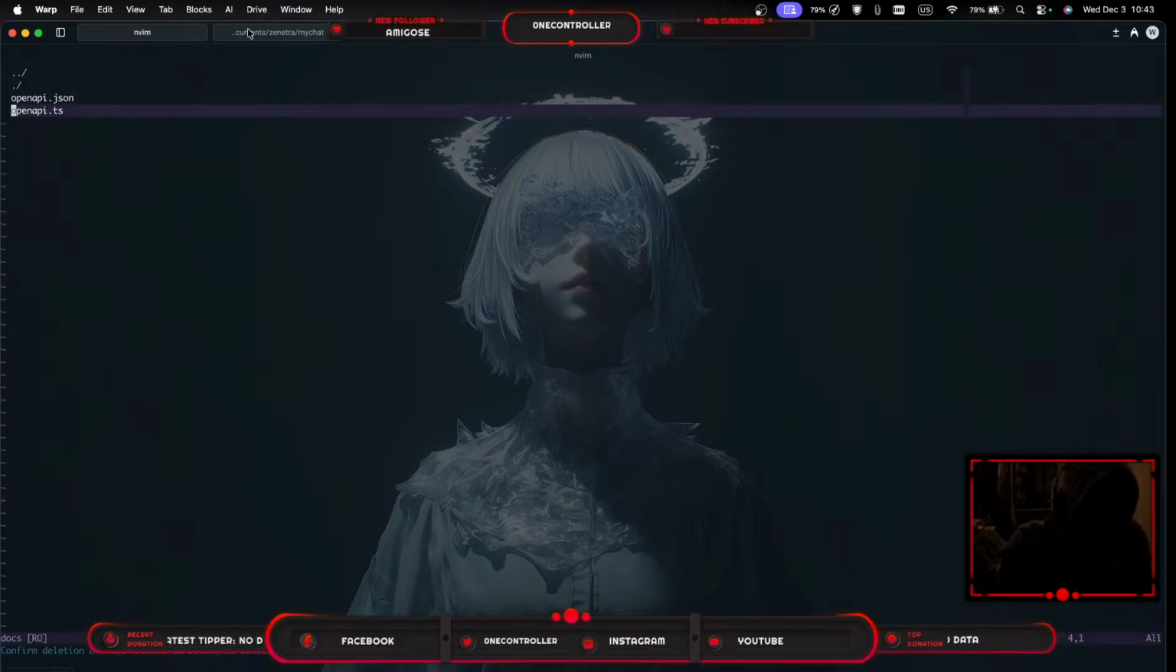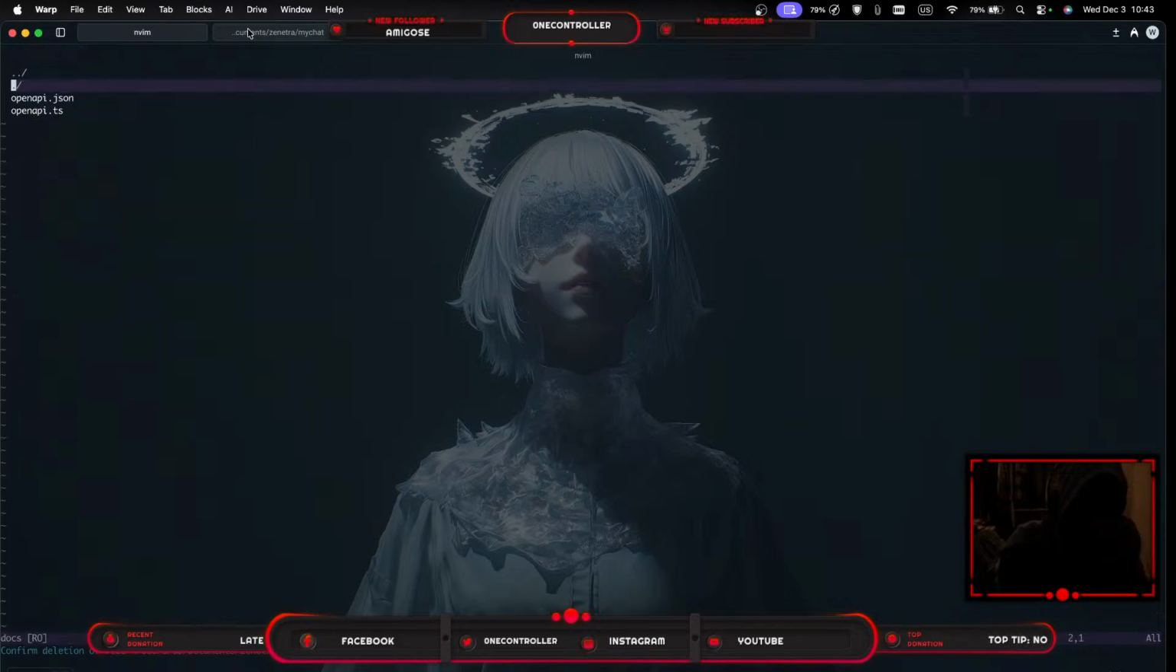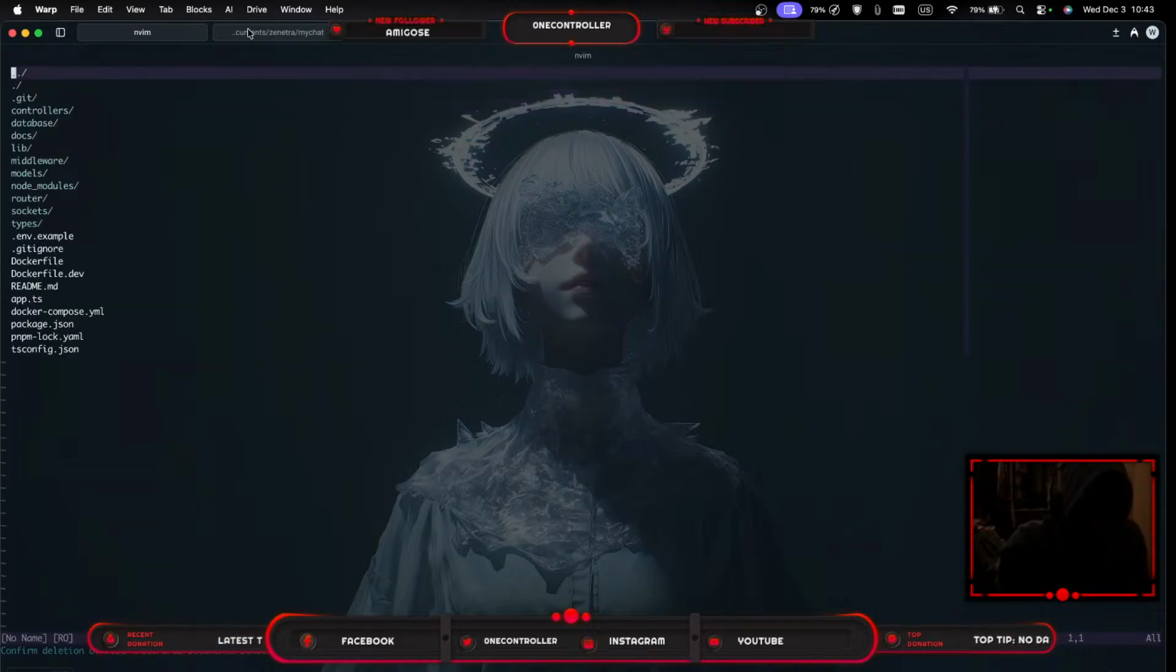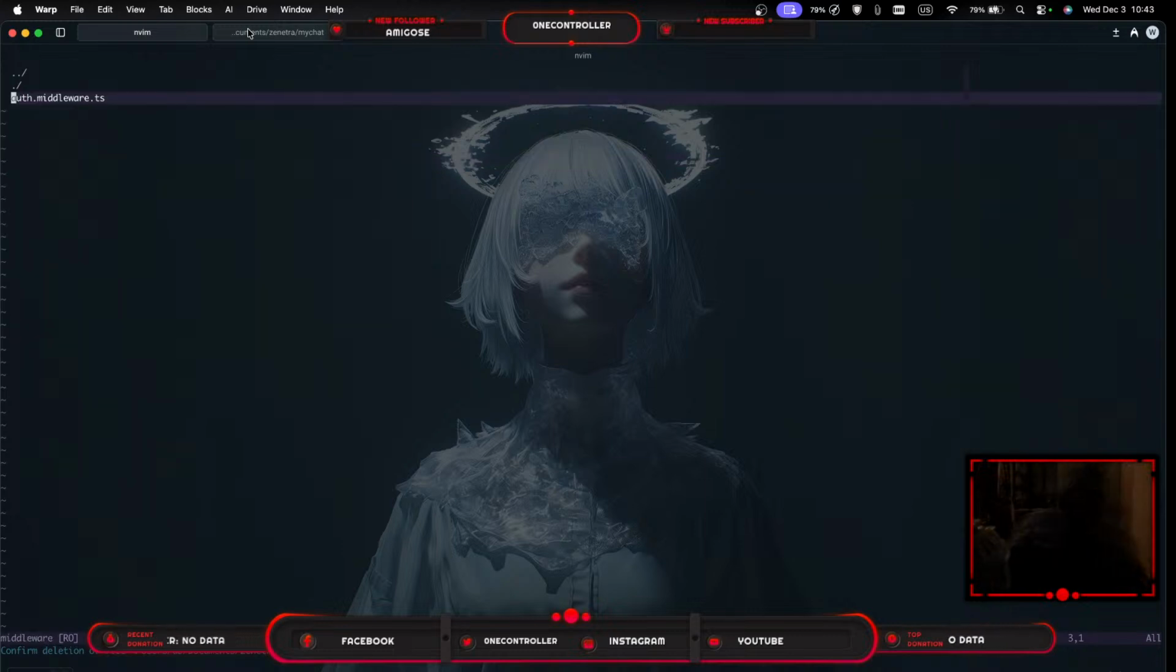Open API JSON, you probably don't need this one. Yep. What else? Probably alt middlewares. We might not need alt middlewares. You know why? Because